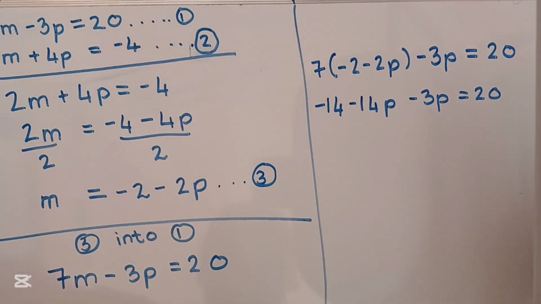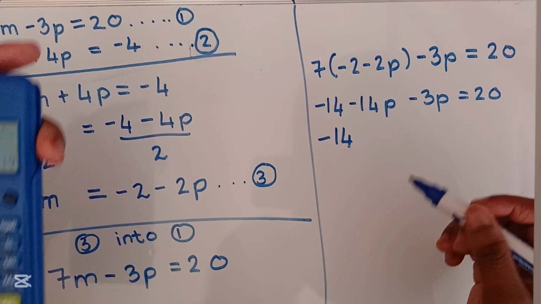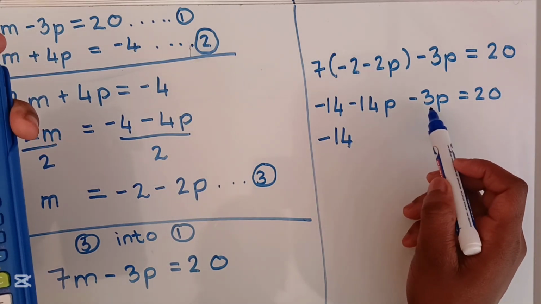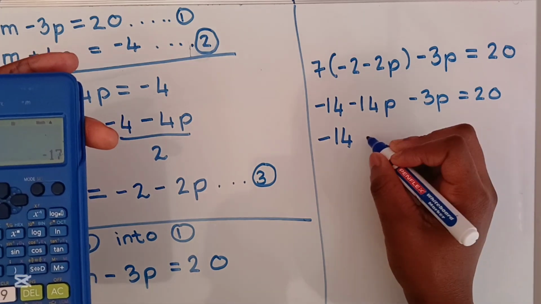Now let's add our like terms this side. Negative 14p and negative 3p are like terms. So negative 14 minus 3 will give me negative 17. This one comes down as it is. Negative 14p minus 3p will give me negative